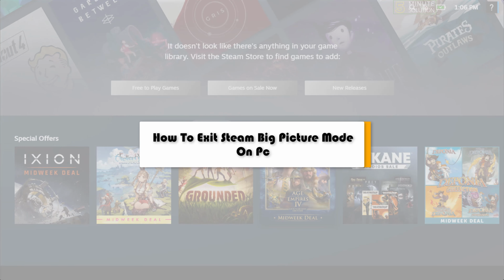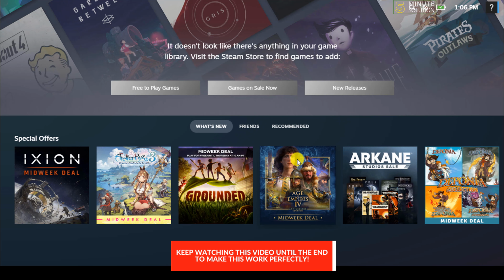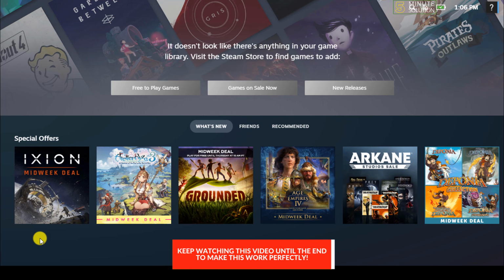This 5-minute solution will show you how to exit Steam Big Picture mode. It's a very easy process to exit from Big Picture mode. All you need to do is just